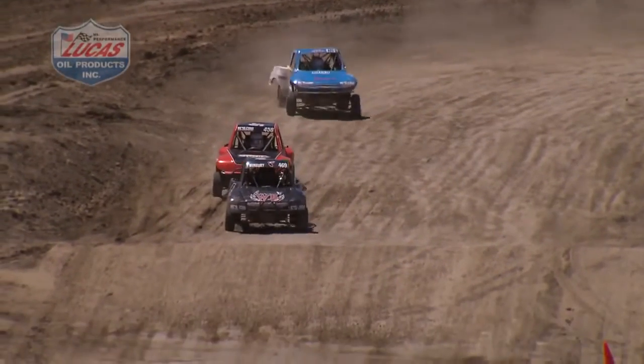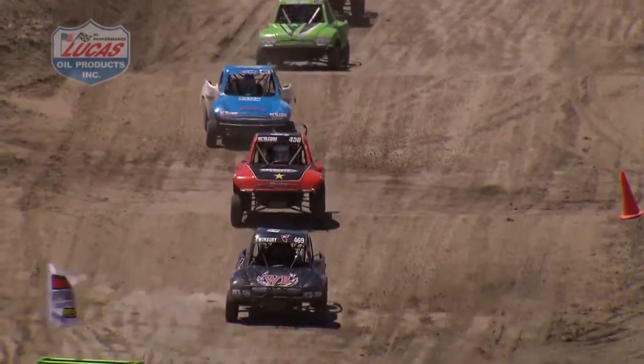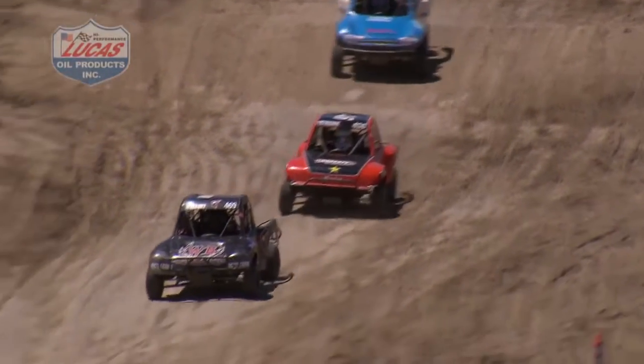We got a cart upside down after the checkered flag. These kids aren't done. We got another one. That's 2 of them upside down after the checkered flag. They don't want it to end there. So Hardesty